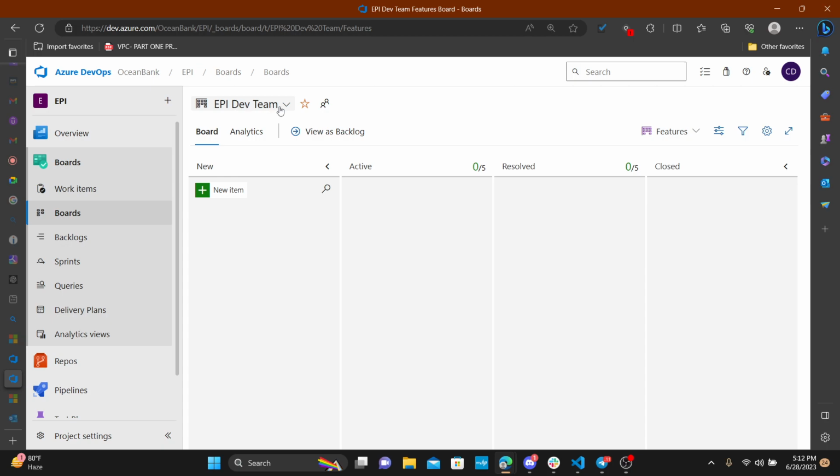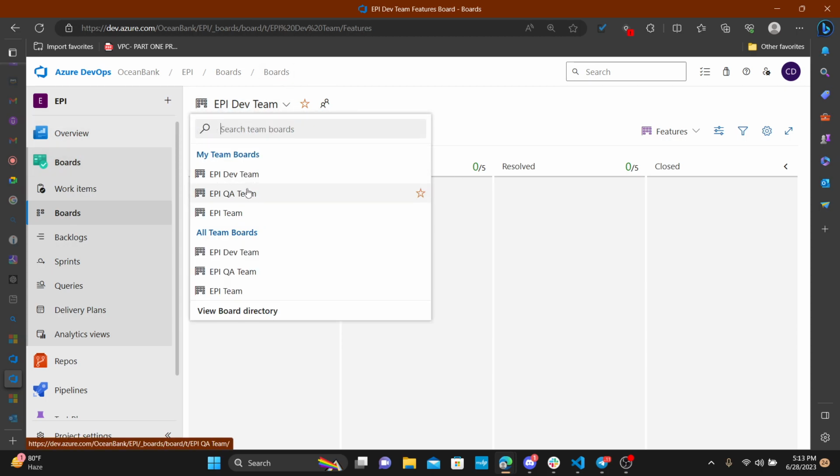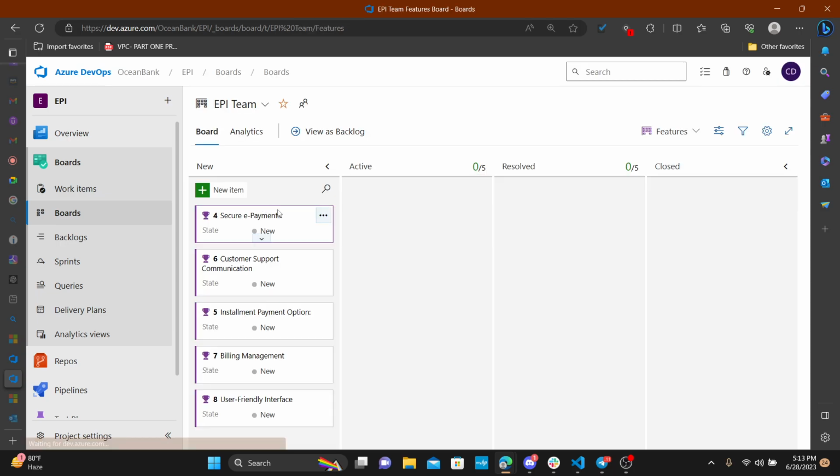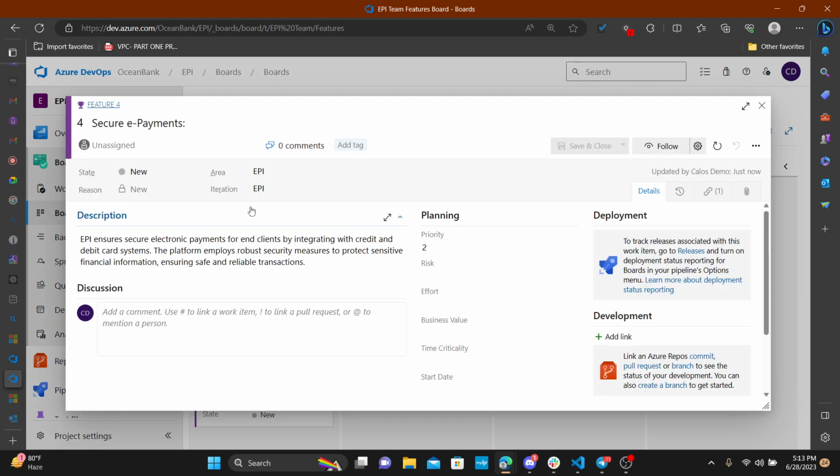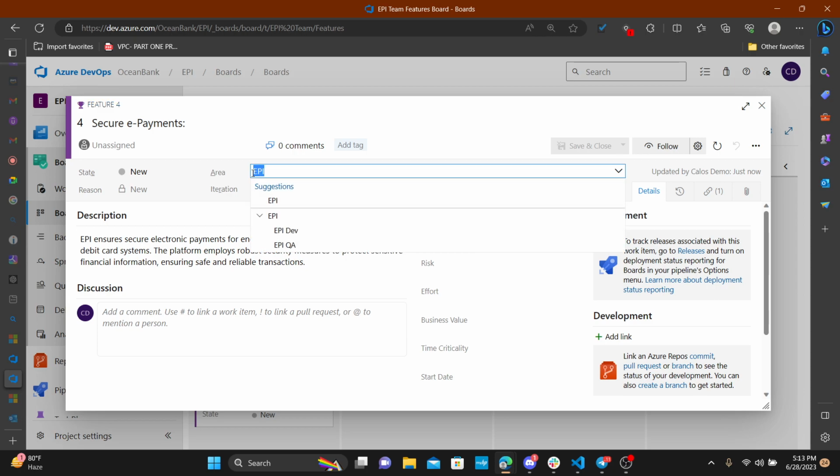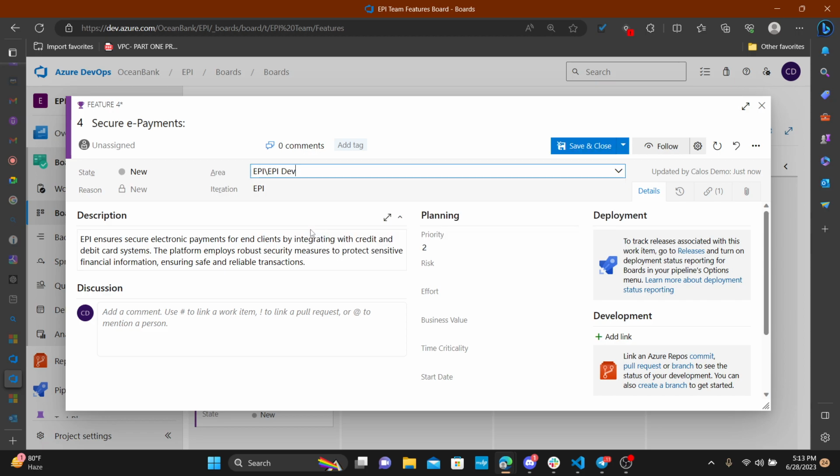For instance, I can go to the work item, right? Let's go to any one of the work items. I'm going to go under the project team to a work item like this one. I can open this work item, and you see the area path is under EPI. If I want the project to show under development team, I'll come right here. I'll put EPI dev team, development team, because I want it to show in the development backlog. So once I set that up and I click on save,